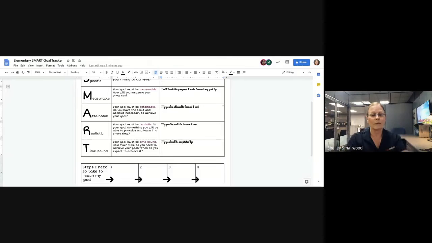Maybe they don't know the keyboard. There are a lot of things that need to go into whether I can write a story or not. Some first graders, it may be realistic for them. Some it may not be. And so as the teacher, you would have to talk to that student and determine what's relevant or what's realistic